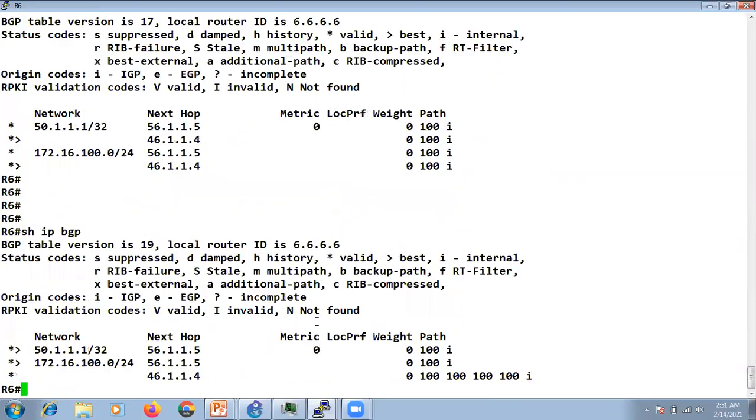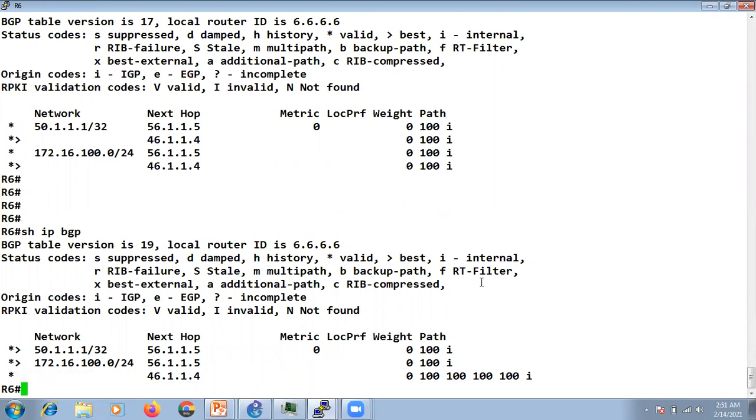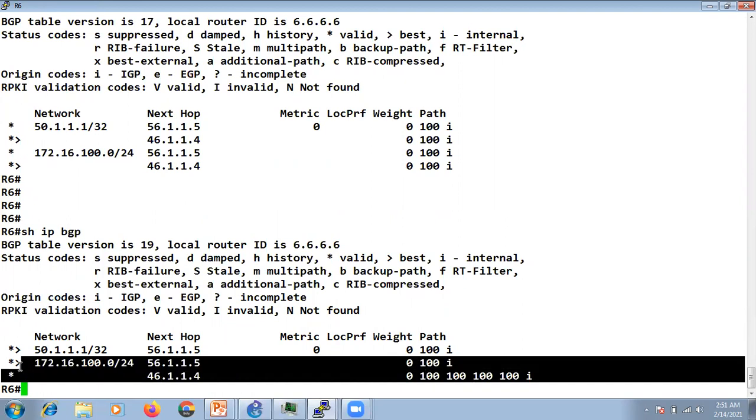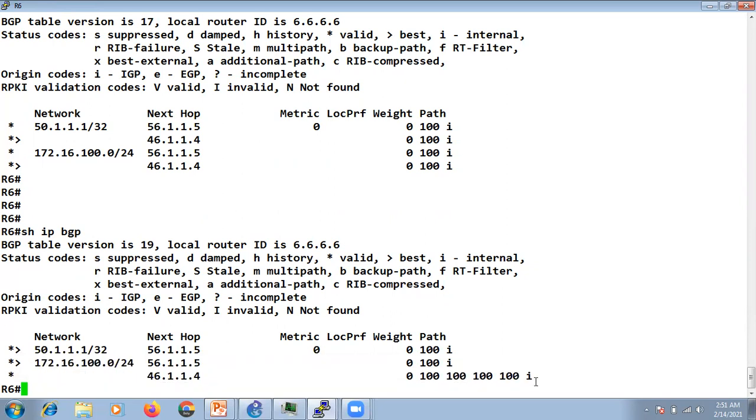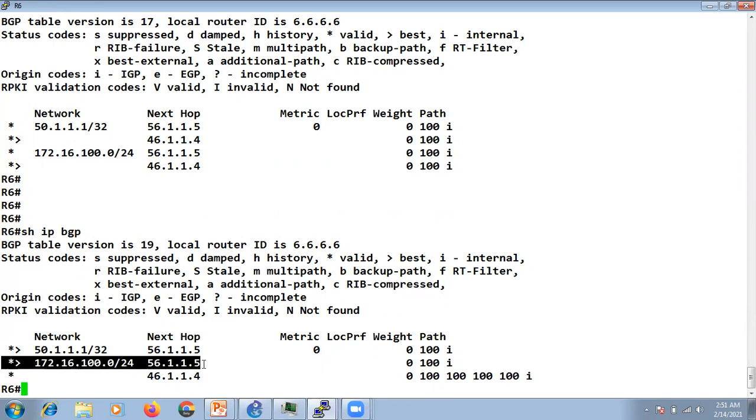You can see now at R6 the best is via R5 because we are prepending the AS, right? Because we are prepending the AS, it is best via R5 now, right?